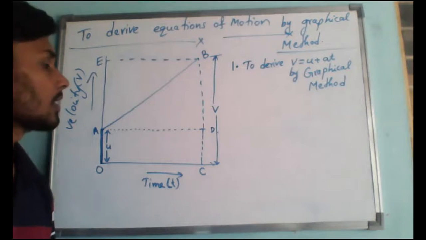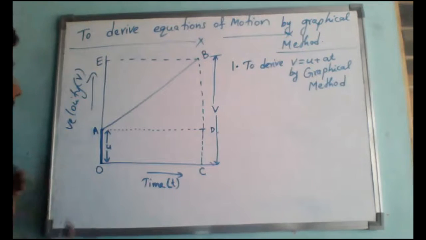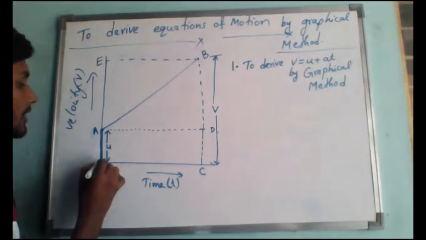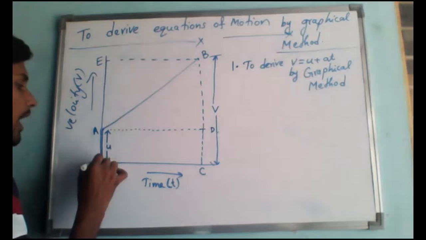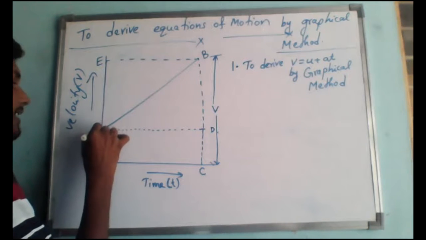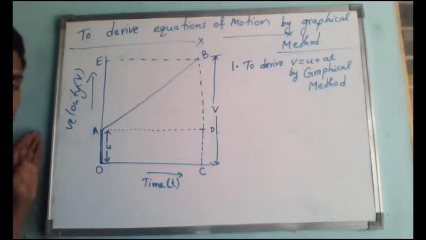Yes, sir. Draw this graph perfectly. All of you draw this graph perfectly. And initial velocity should be drawn with a different color. Use black or red if you have, and highlight it so that it is easy to identify. The body already has an initial velocity, so the initial velocity is equal to u.